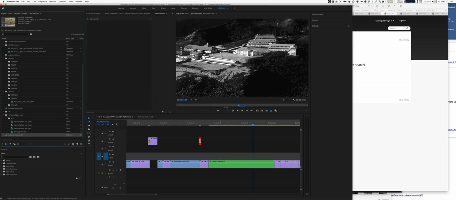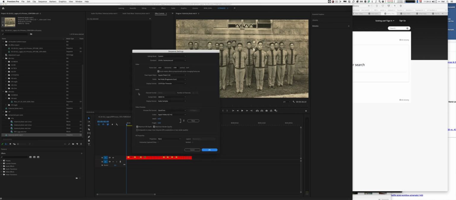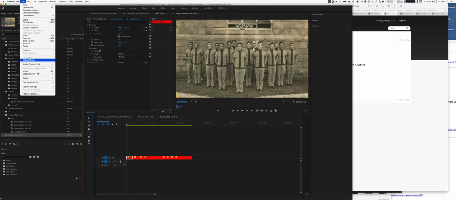Okay, so now it's nested, and then you drill into that nest, and you want to get the sequence settings for it, and make sure that it's at least ProRes 422 HQ. I suppose you could do 444, but in most cases it's overkill. But make sure maximum bit depth and maximum render quality are checked. In case you're zooming any stills past 100%, this checkbox makes sure that it renders it with better quality. Okay, and then from here, what you can do is you export this nest,